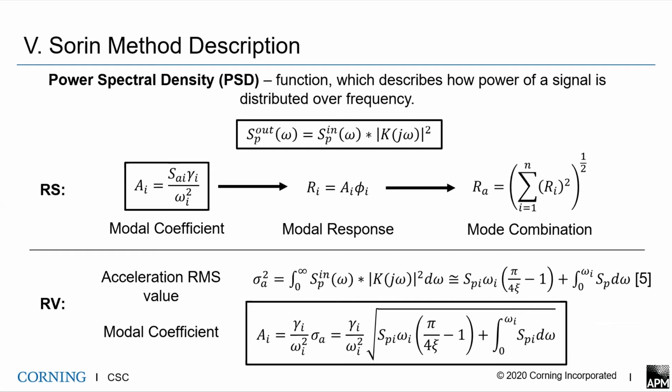For harmonic oscillator, square of standard deviation looks like this formula. But if our excitation has the form of smoothly varying function and the damping ratio is low, we can use this approximate formula. So after all, we can obtain modal coefficient for random vibration method. And as you can see, we have two expressions for modal coefficient,